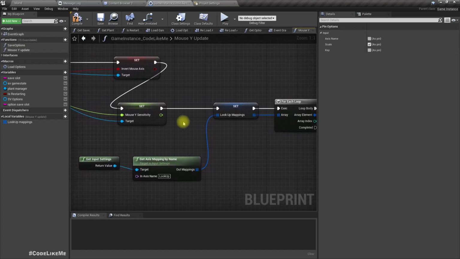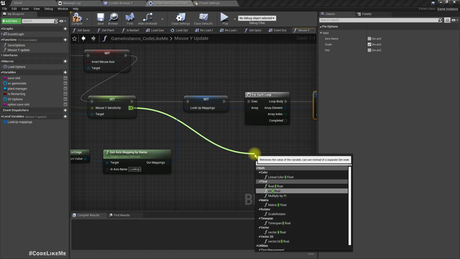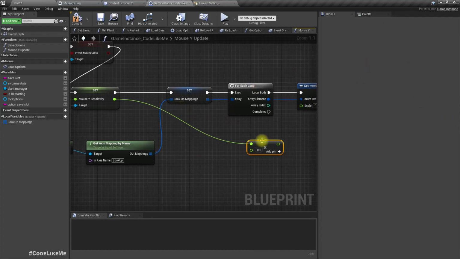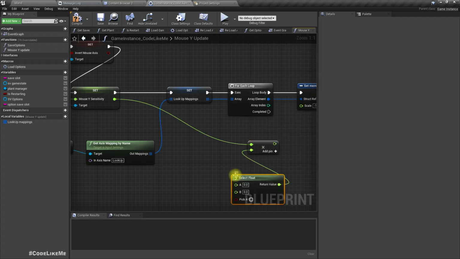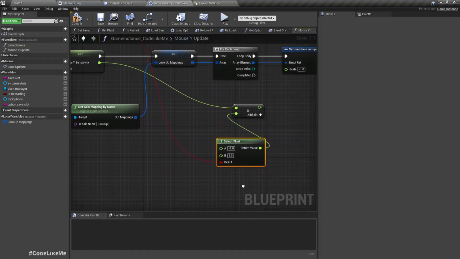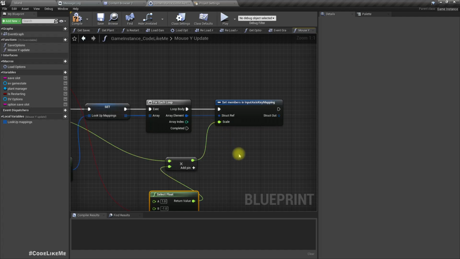we can actually get the mouse Y sensitivity and multiply it by -1 or +1 based on this invert axis value here. So if we need to invert, we should keep this value as 1. If we don't need to invert, this should be -1. Right,